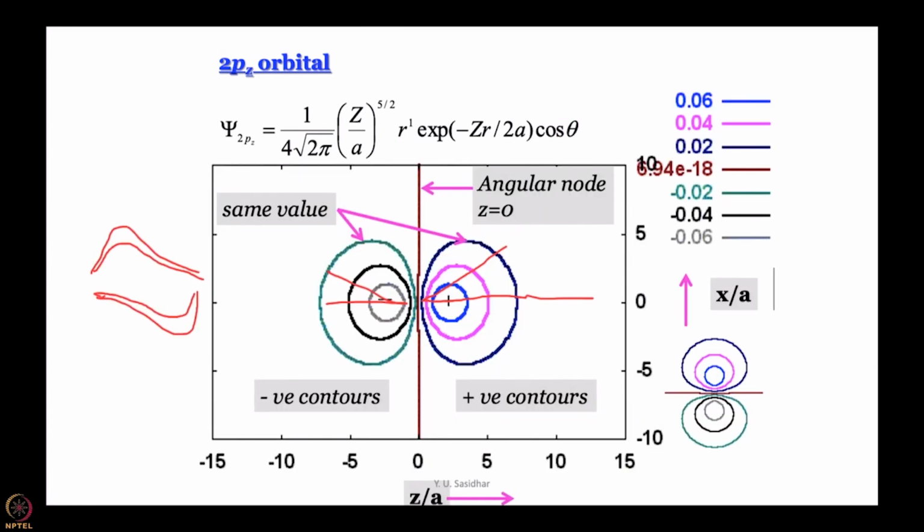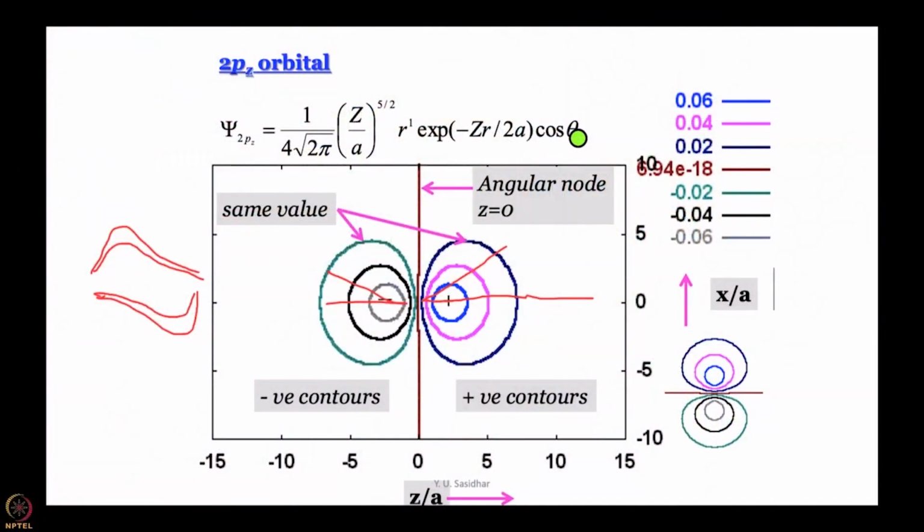Now, so here we get a node. This node is different from the node we had in say 2s or 3s orbital. Why? Because those nodes arose by equating the radial part of the wave function to 0. Here I get the node by equating the angular part cos theta to be equal to 0. It is just that cos theta translates as z equal to 0 as well. So, this here is the node, nodal plane you can say, and this is our familiar p orbital. Two lobes, one with plus sign of wave function, one with minus sign of wave function, right.